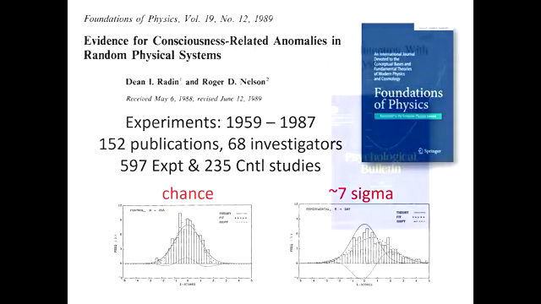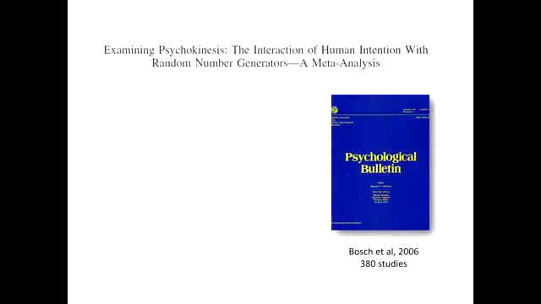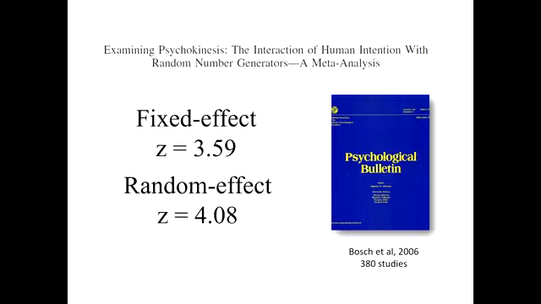So there's replications. The same kind of analysis was done again in 2006, bringing it up to date, but only looking at a subset of about half of the studies that have been done using random number generators. And again, the result was somewhere between 3.6 to 4 sigma. Now, the authors of this study suggested that the reason for those results was selective reporting. And they gave reasons why they believe that, and I don't believe it, because I'm pretty well aware of everyone who had reported this, and there simply aren't enough people around to reduce the effect by selective reporting.